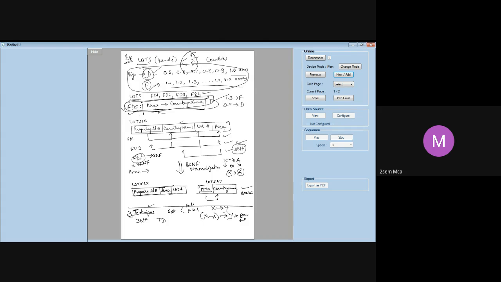So try and explore these things and see what entities it is possible for you to write, and what attributes each of these entities can have. Suppose it is Facebook, what are all the possible entities that can be there? Suppose I say Amazon website, what are all the possible entities you can think of? For each entity, what are the attributes that you can think of? How can you relate them? Just give a thought, or you may probably Google around and see what is possible. Okay, so that will be a kind of case study question for your internals, along with the other syllabus I have told you.